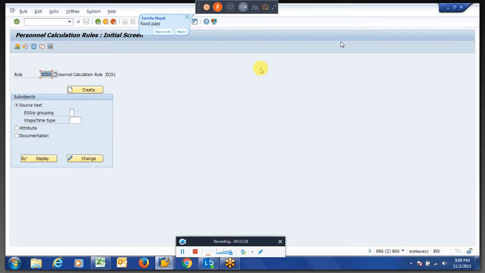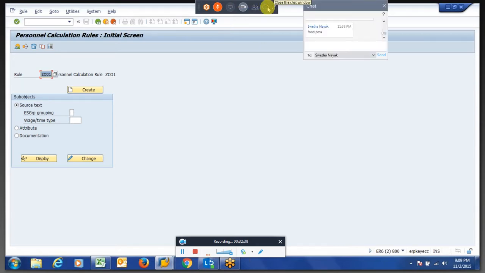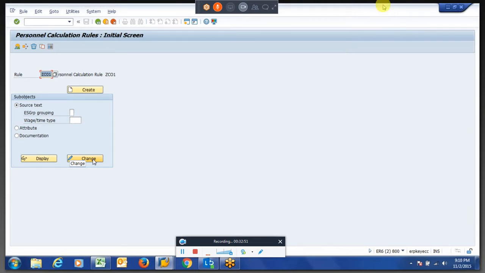Food pass, generally if you are paying the amount, definitely we have to configure, right? I am not going to any specific country. I should not go. That is why I am taking contributions or rebate over here. The same thing you can work with the allowances. But how you are going to write the PCR, basing on this, we should understand.